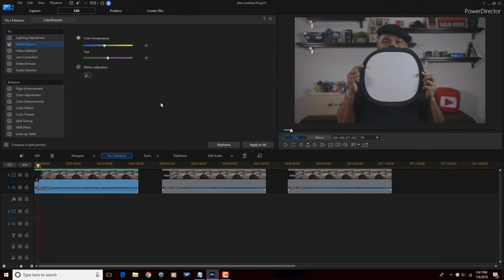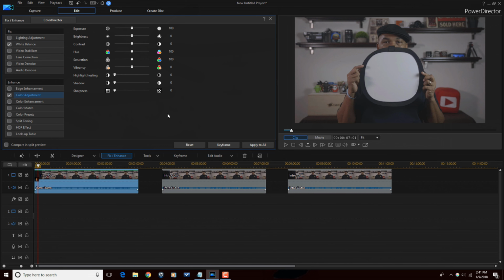So what I want to do next is fix my exposure, my highlights, shadows, things like that. So I'm going to go here to color adjustment. And now here I'm going to make a few changes. For brightness, I'm going to bring this up a bit. And saturation, I need to add more color to this because the clip is flat.